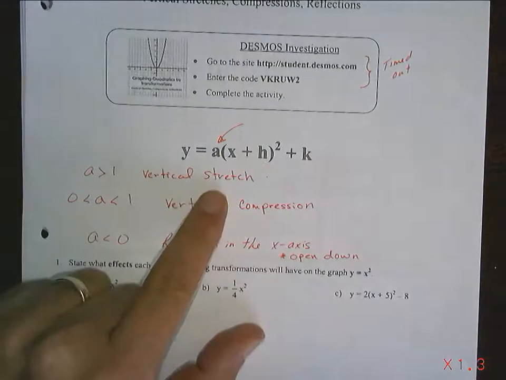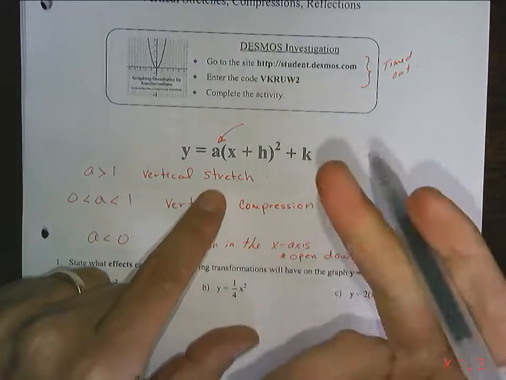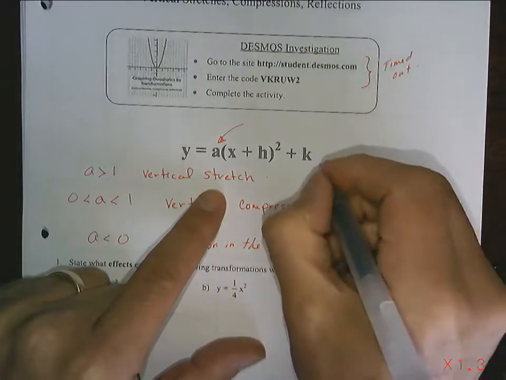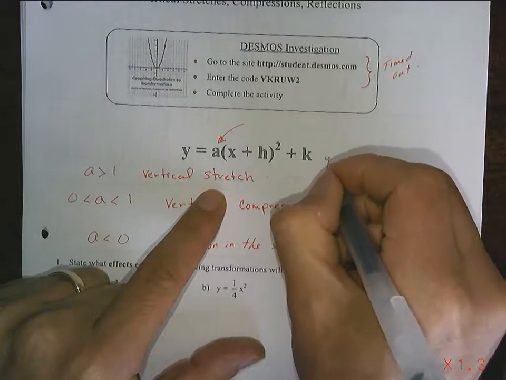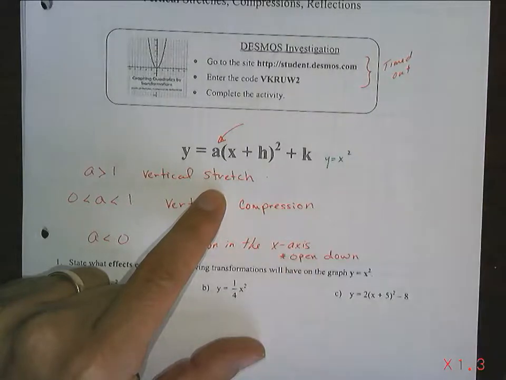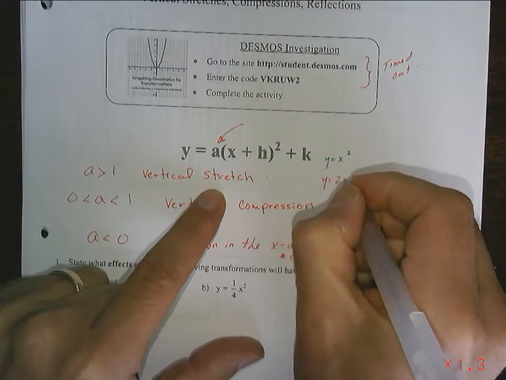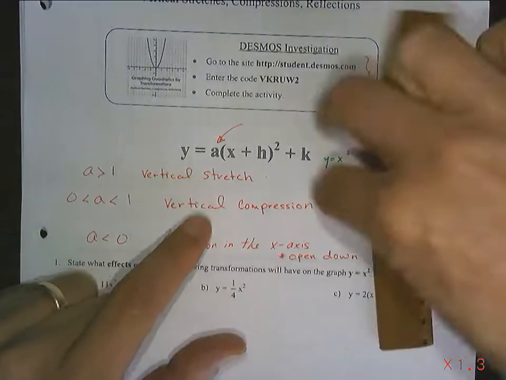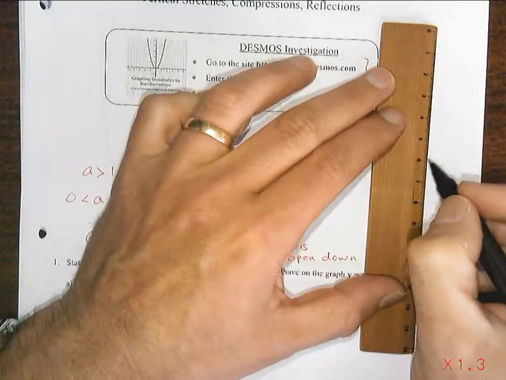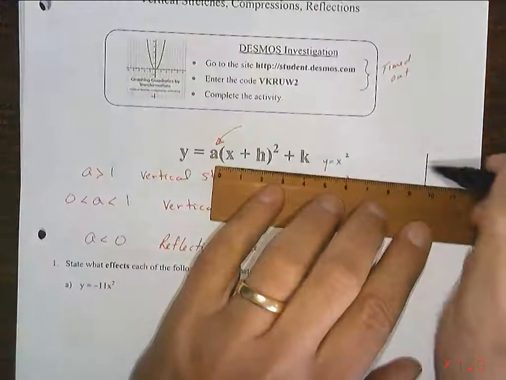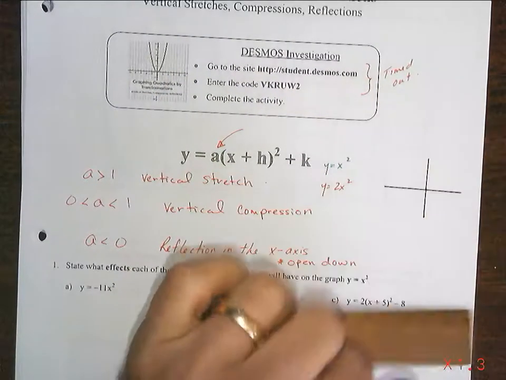Up here, if we're talking about a vertical stretch, we're talking about, if I'm looking at two different curves, if I'm looking at y equals x squared versus y equals 2x squared, what you're going to notice is that the y equals x squared